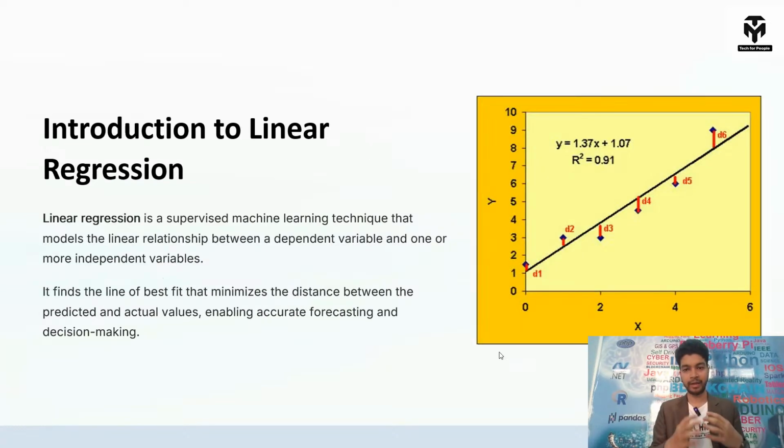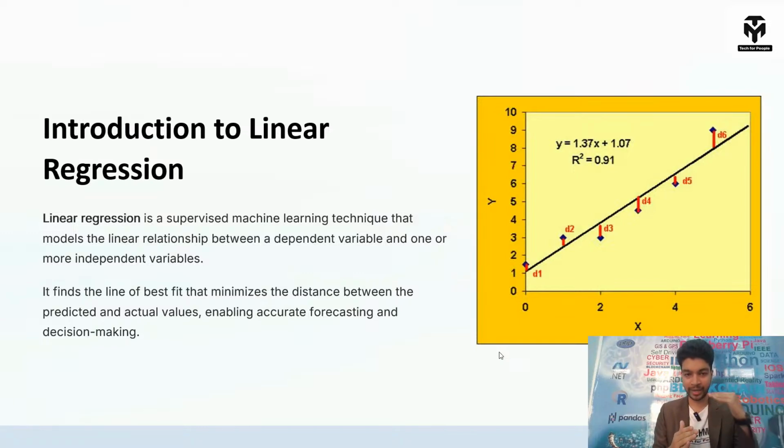So in this regression based machine learning, we are learning first linear regression. Today we are going to discuss linear regression itself, where we are going to explore a data set and create a model which will do linear regression data analysis. So what is linear regression? You can see in the picture that you have a graph, and linear is something like a straight line. When it comes to a straight line, you should remember that the equation for the straight line is y = mx + c.